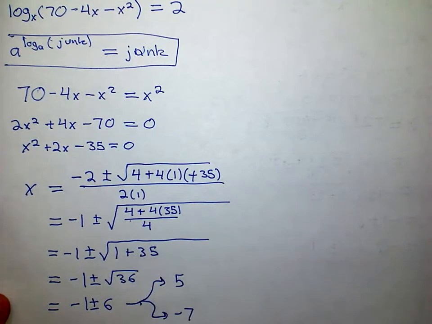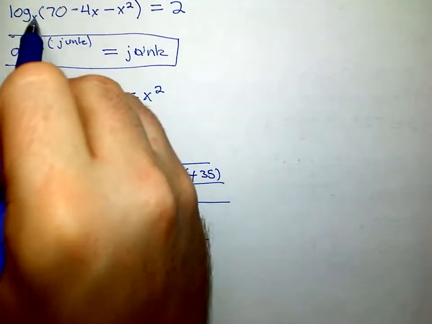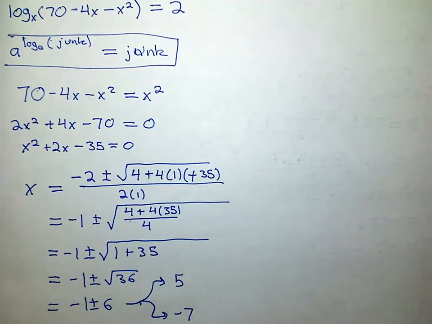But look back up at the top. We have log base x of something. Well, what's log base minus 7 of something? It's not going to make a whole lot of sense for the most part, because